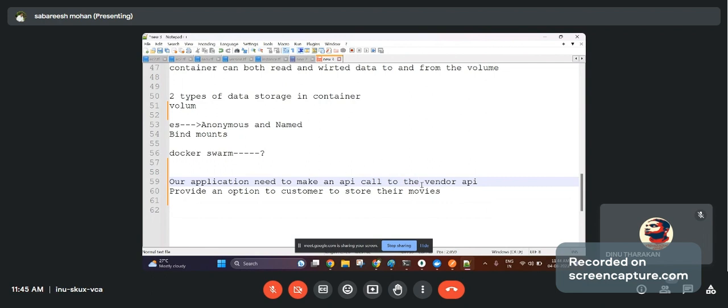RDS does not have a MongoDB option. We have a different MongoDB cloud in real time. Now what happened? One week before, two weeks' time, I understood about your application. So we build that infrastructure for you first, maybe an ECS cluster.